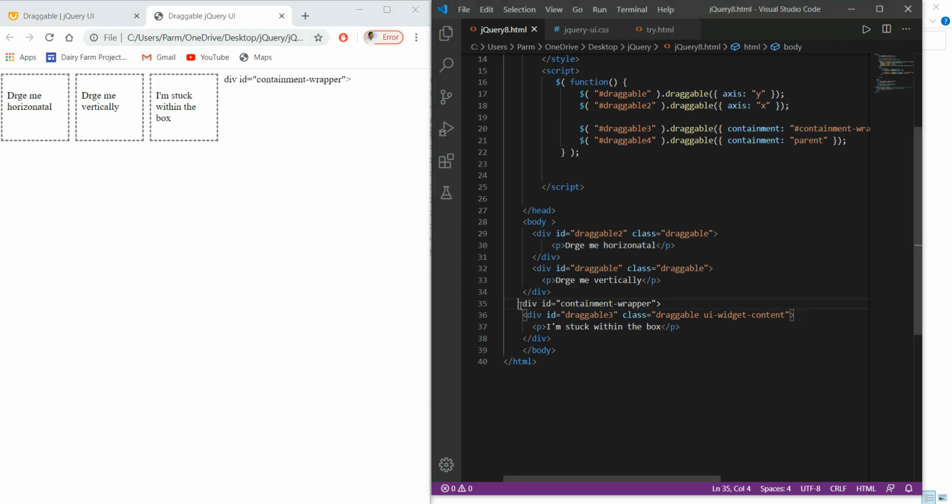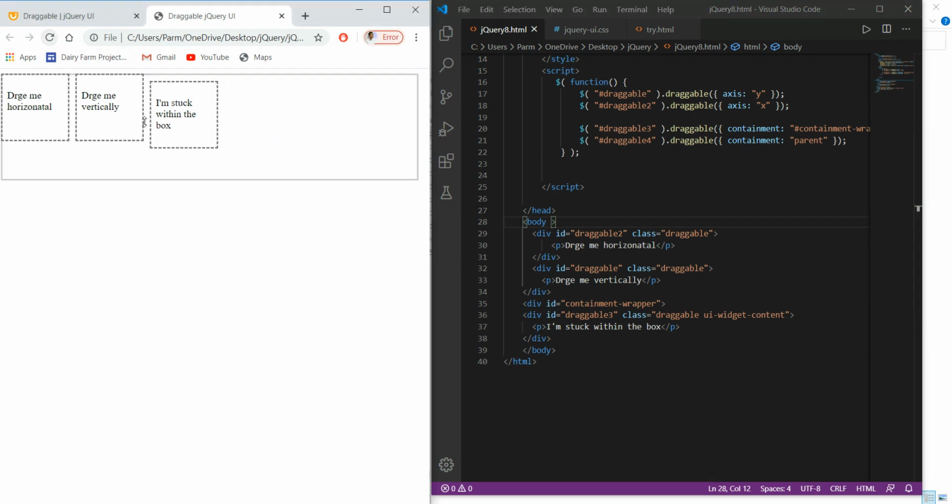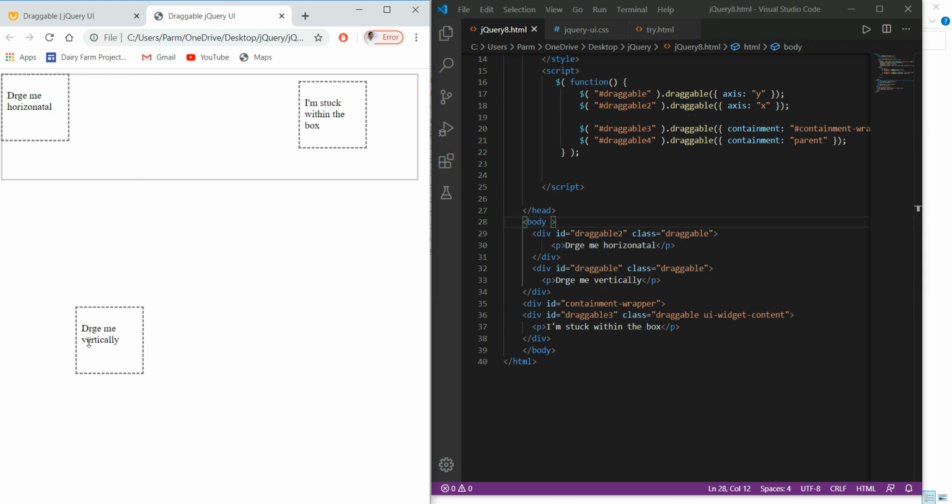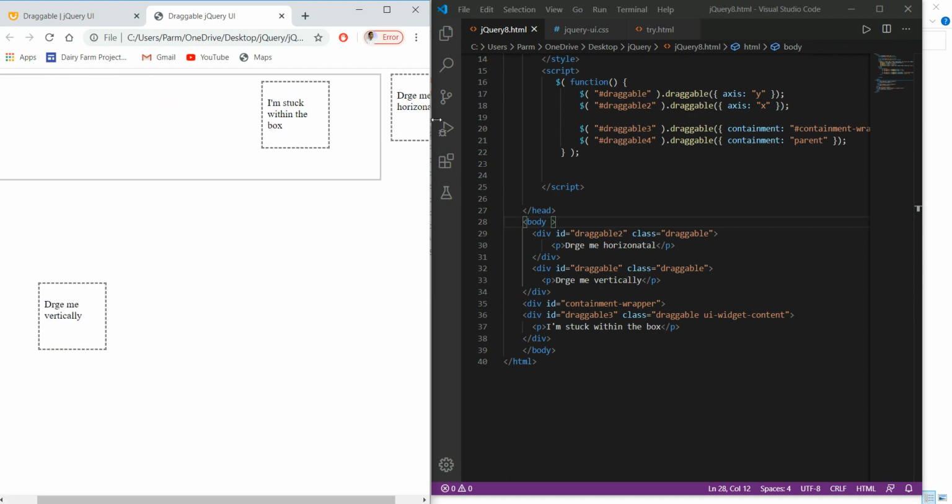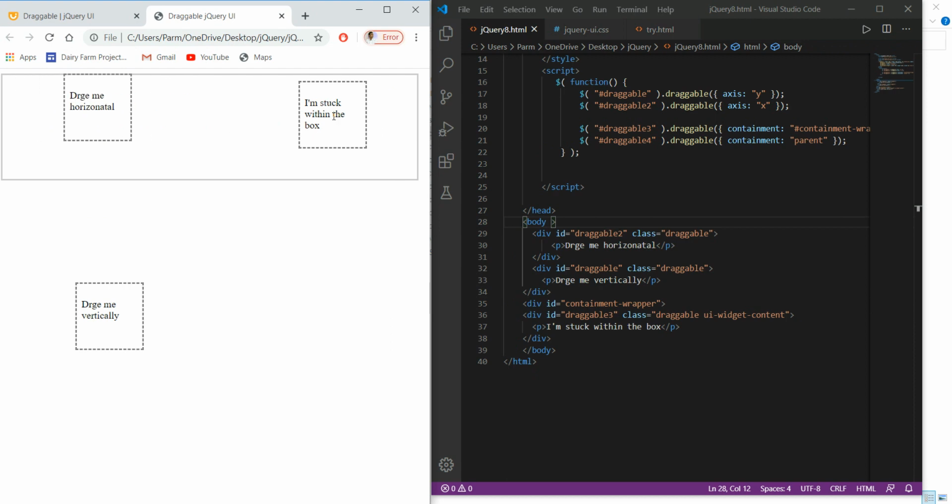There is some error, so correct it, and refresh it. It says I am stuck within this box. It cannot go beyond this box, but we can move it within.